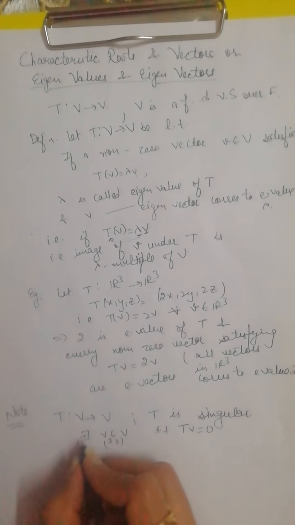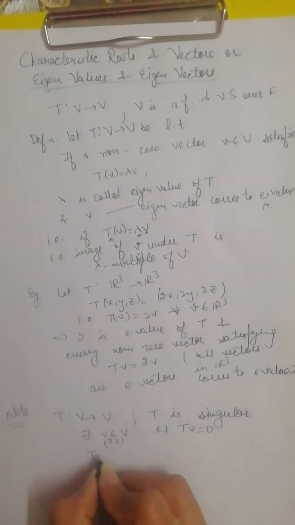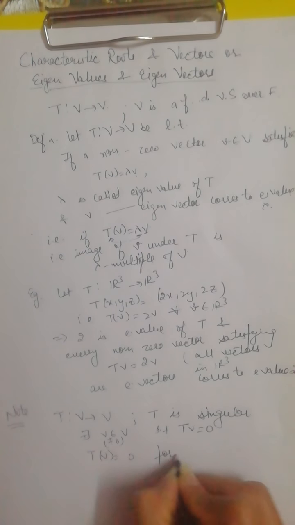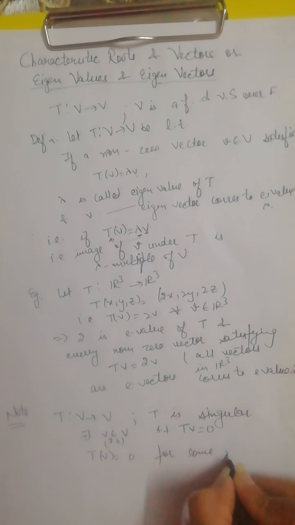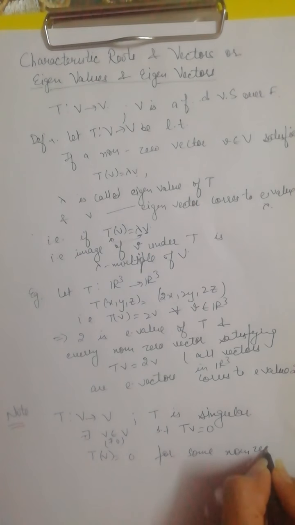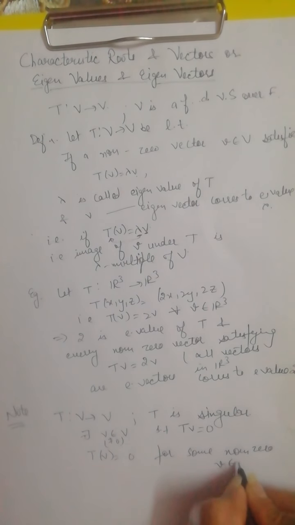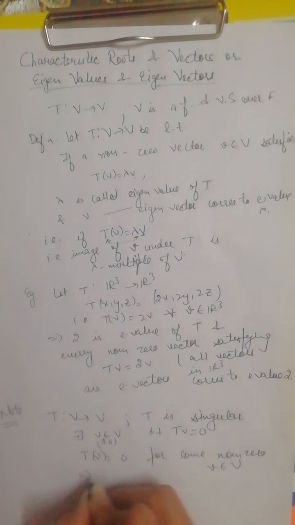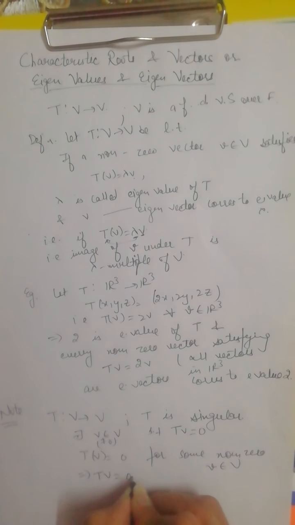For such a linear transformation, Tv is equal to 0 for some non-zero v. This can be written as Tv is equal to 0 into v,